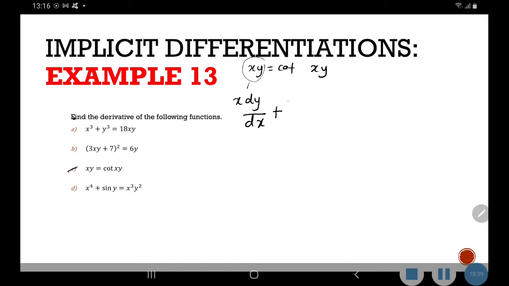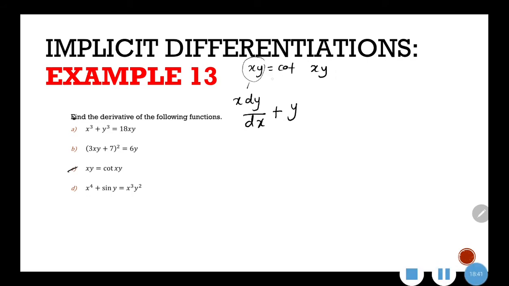Copy y, differentiate x, you will get 1. And then for this part here, differentiate cot xy, you will get minus cosecant square xy, and then times with the d dx of whatever in the bracket, which is the d dx of xy. Okay, so the d dx is